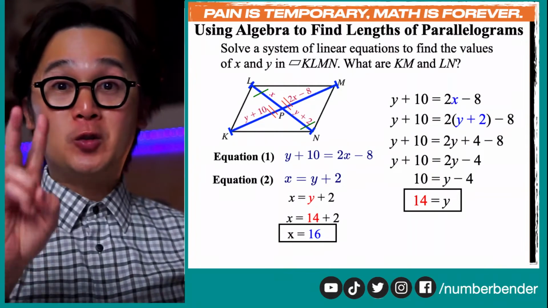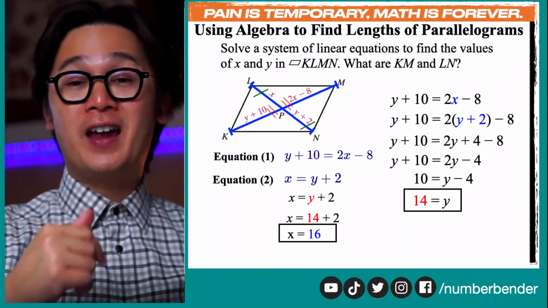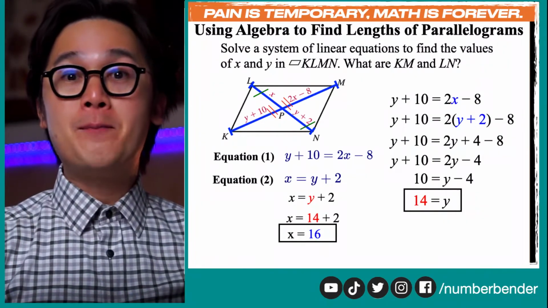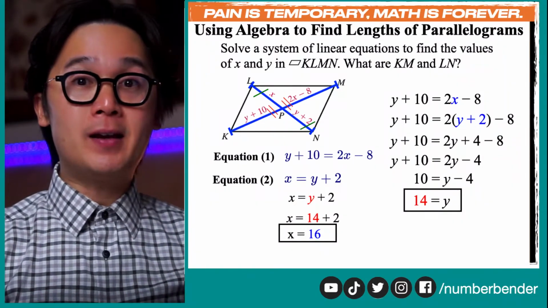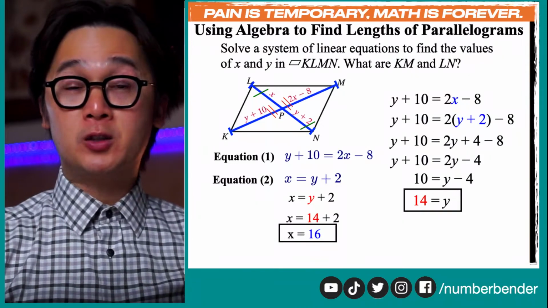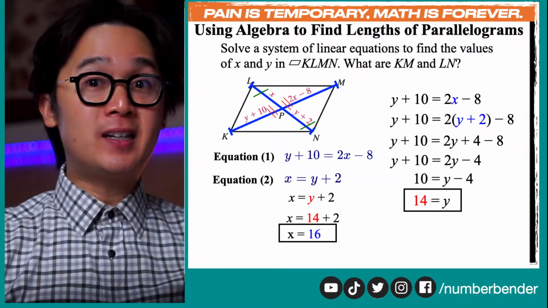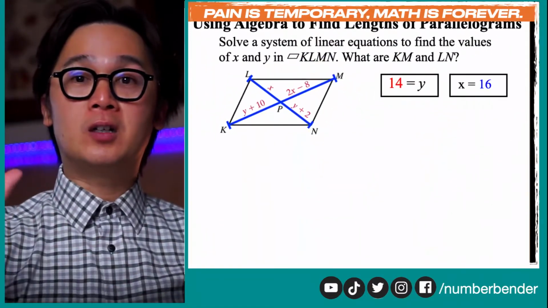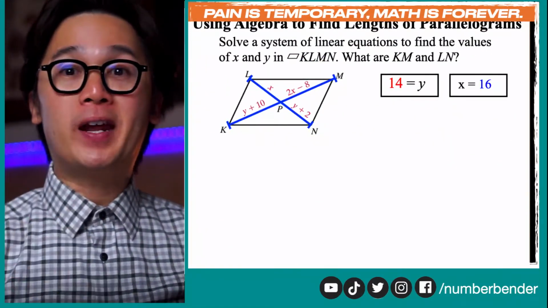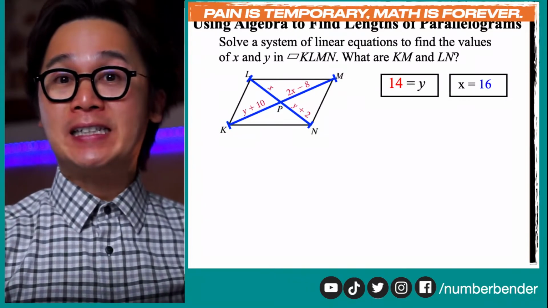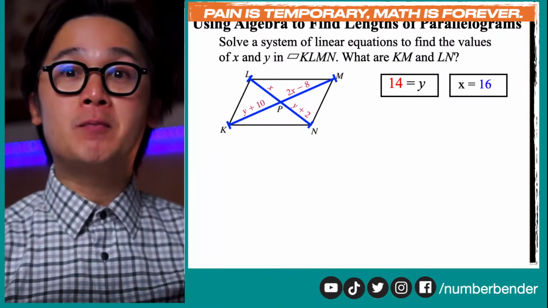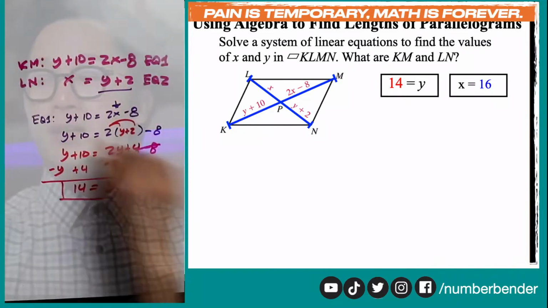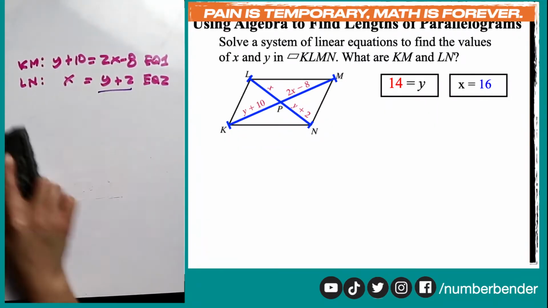So now that we have the two variables with their corresponding numerical values, we'll be able to figure out the measurement of KM and LN by replacing all our variables, with x as 16 and y as 14. So let's clean our whiteboard and replace y and x. And since we're looking for line segment KM and line segment LN, we know from our equation that line segment